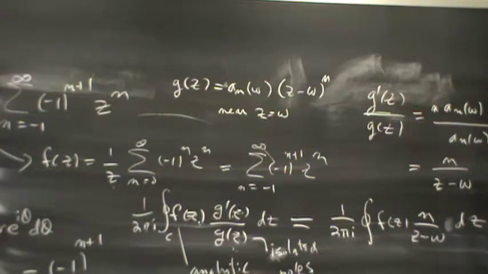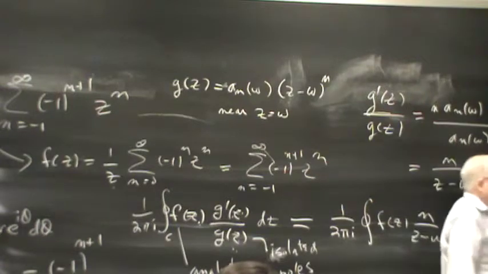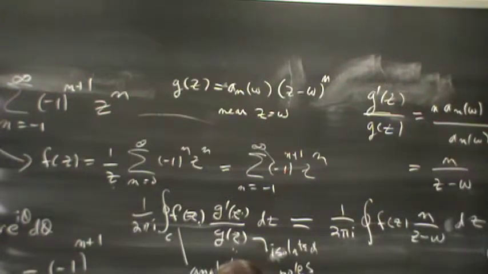In other words, we've got some meromorphic function whose series is a_k (z minus w) to the k, and we're imagining that there are no essential singularities, so we actually are going from some n to infinity. Then what we get is 1 over 2 pi i integral over C of f of z g prime of z over g of z dz. So we've got this thing here, and now we can imagine shrinking this contour,